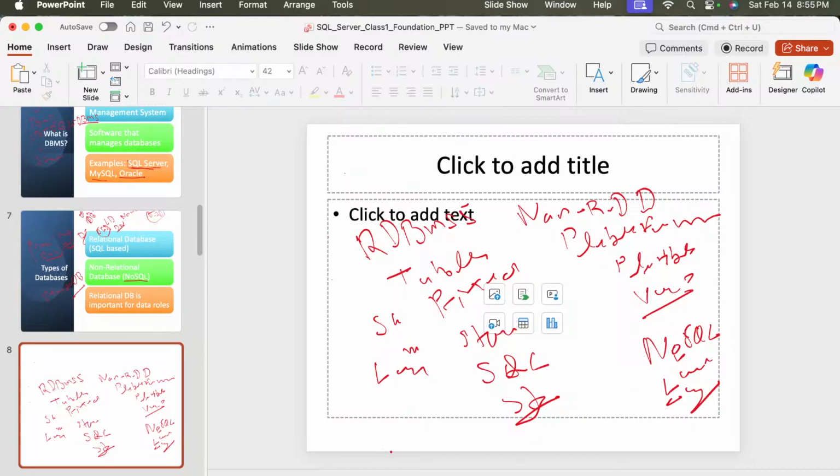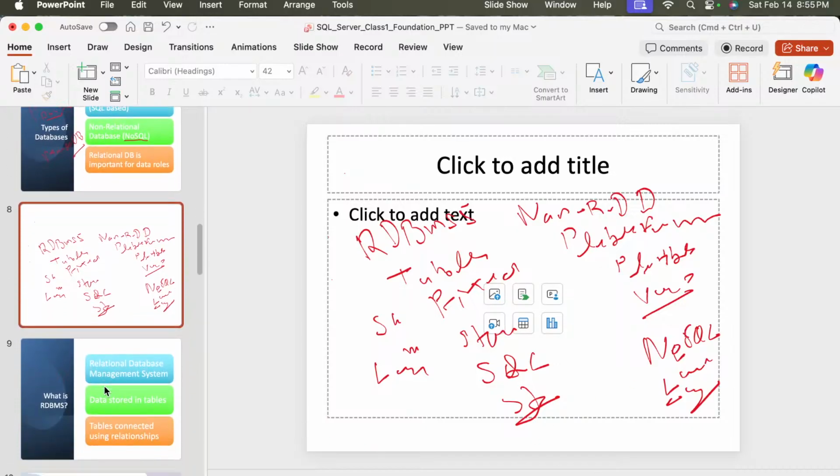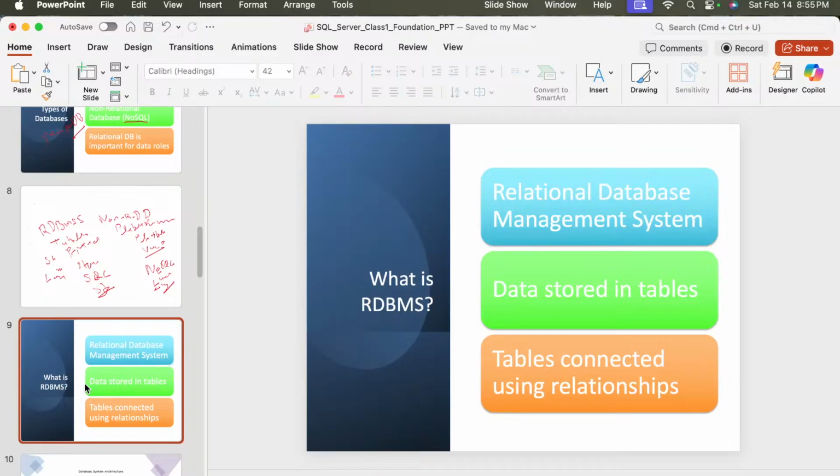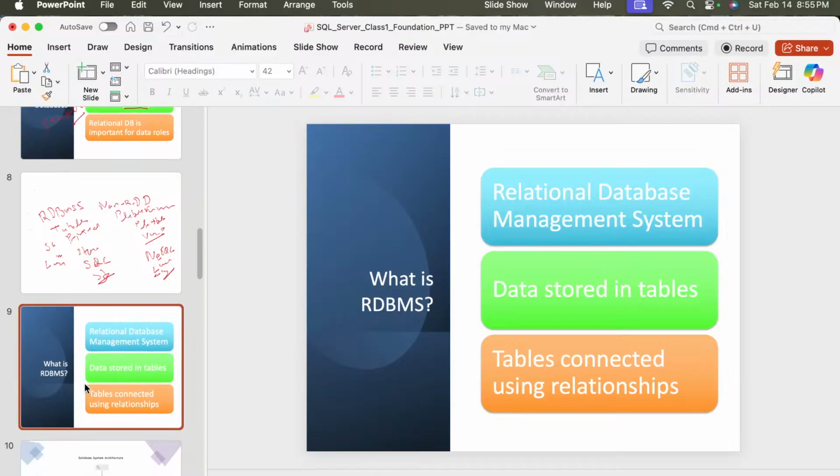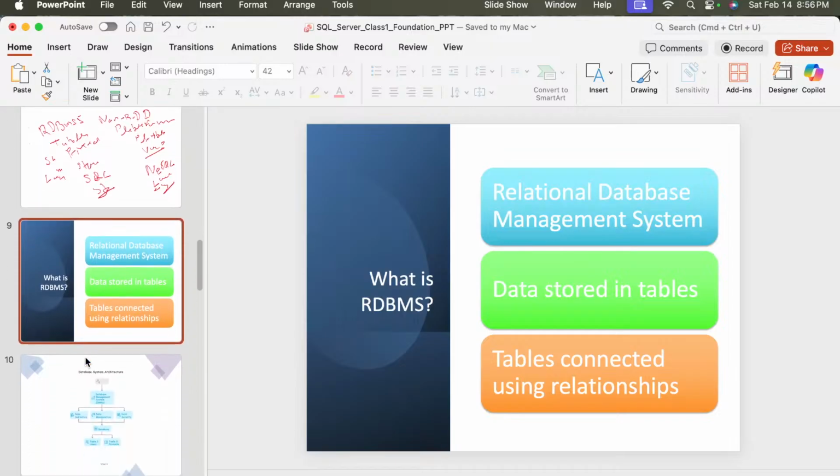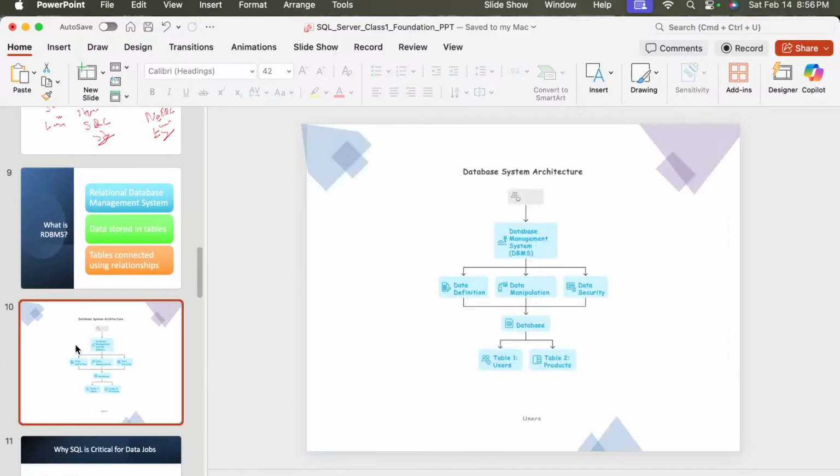Okay. So till here, I think I was able to make clear to you guys what DBMS, RDBMS, and all those other things are. A relational database is a management system where data is stored in tables, and tables are combined using some relationship, right? This is the purpose we use SQL, and under SQL we use a DBMS.